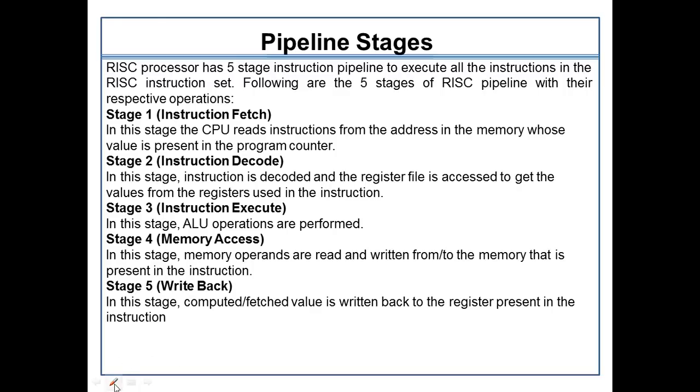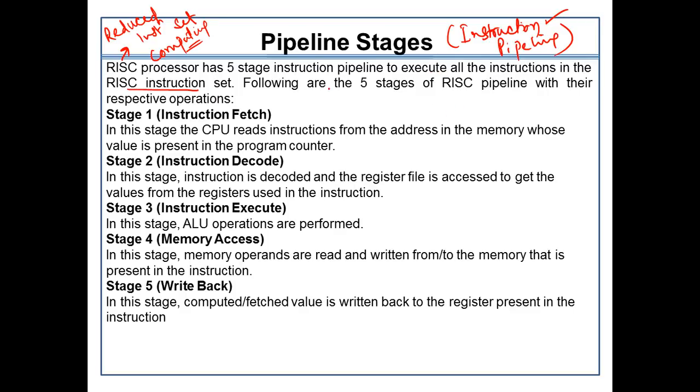Moving ahead, this is actually the stages of pipelining when we are considering it under instruction pipelining. As I said earlier, two types are there: arithmetic pipeline and instruction pipeline. Here in the case of the instruction pipeline, we have taken one example, which is the RISC instruction set. RISC, we are already aware, is reduced instruction set computing. So this is a mechanism for how we are able to execute the instructions.